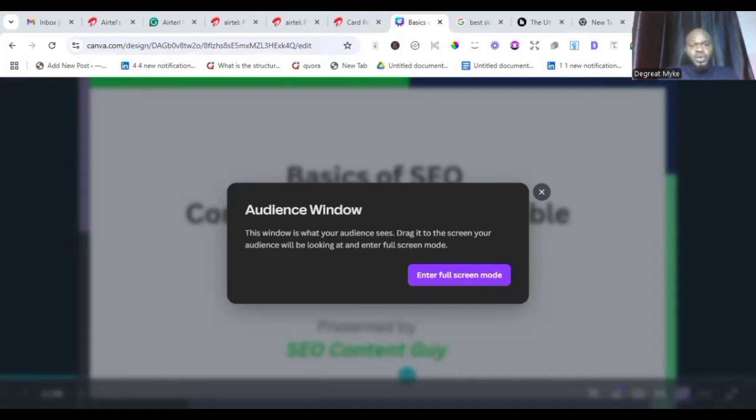Now, let me give you an example. Let's say, for example, you have a friend who has dry skin and has decided that this year, 2025, she's going to take proper care, more than ever before, of her dry skin. And you agree with me that one of the queries or questions she might be asking is, okay, how can I take care of my dry skin? These are things the cosmetic or skincare business should take into consideration, and they could decide to create content that answers questions like best skincare routine for dry skin. They can decide to create content on that. We are going to talk later on about that. So let's move on to the next